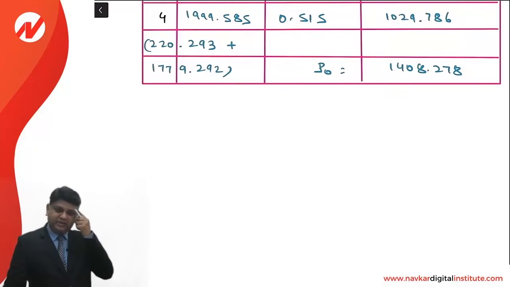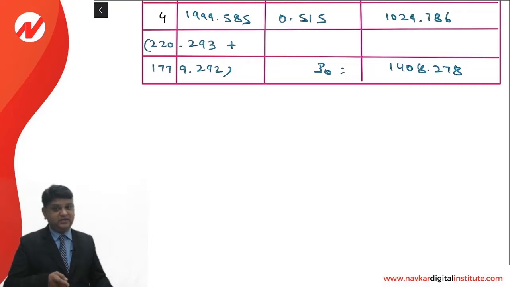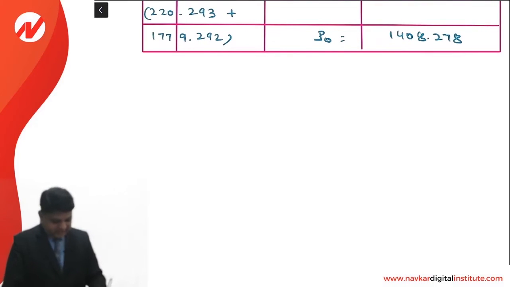Remember that we have to understand that whatever the price that we have calculated is the correct price. The price which is prevailing in the market is the wrong price. If it is more, then it is overpriced. If it is less, then it is underpriced. So write an answer further.